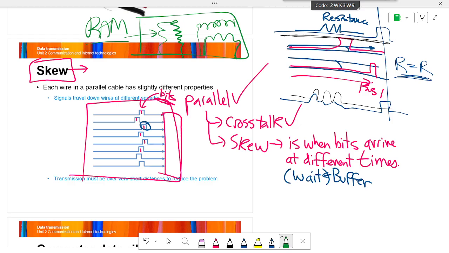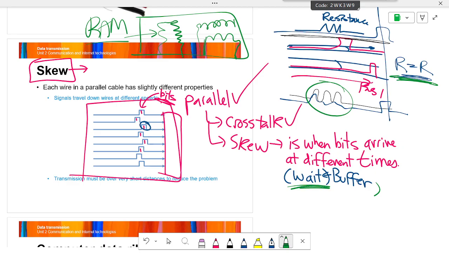So can you summarize there, Uma? We can fix it by waiting. What is the other solution? What can I do about the wires? What am I doing when I increase the length of the wire? What property am I changing? The distance, like the time will change. Yeah, because the resistance is going to change. The longer your wire, the harder it is for the electrons to move through it, right? And so when we get the same resistance, that means the bits are going to arrive at the same